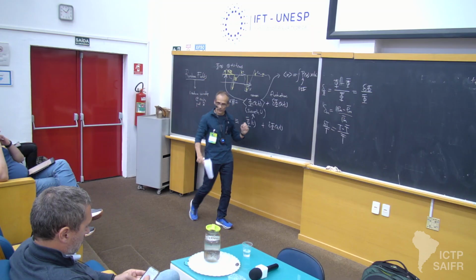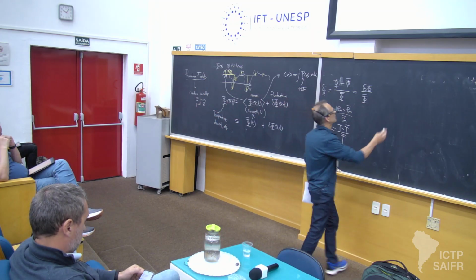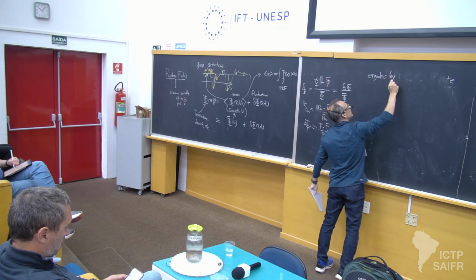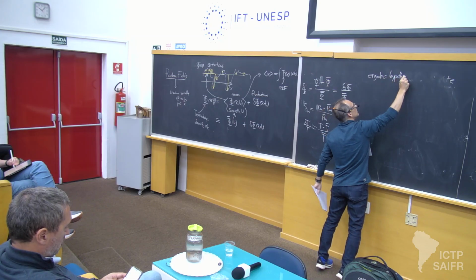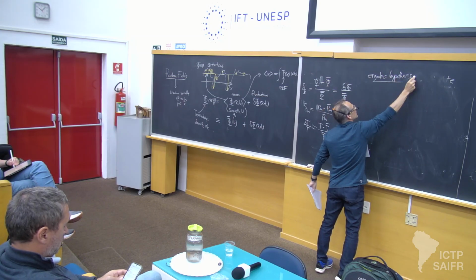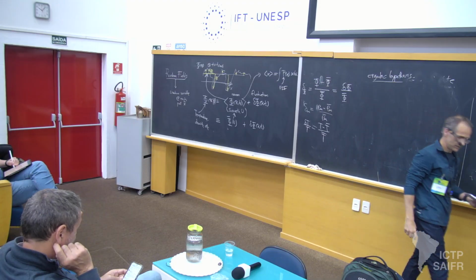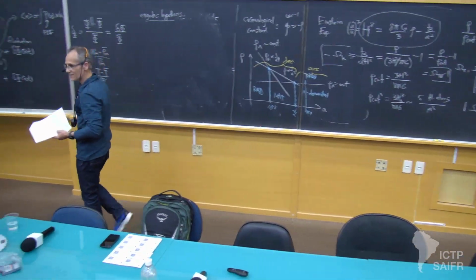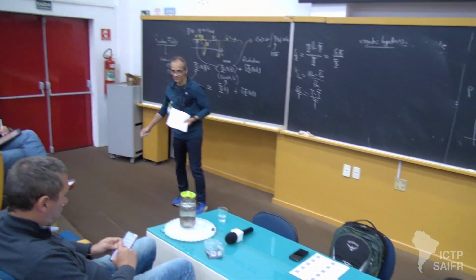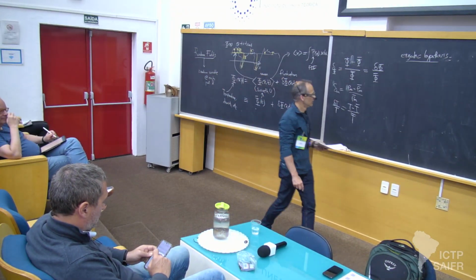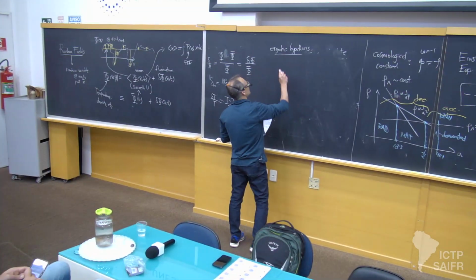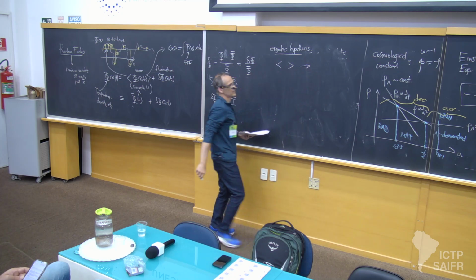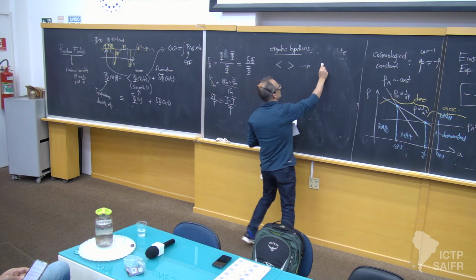So what we do is we replace this by something that we call the ergodic hypothesis. And it's very clear this is an assumption. Without this assumption, essentially we cannot do cosmology, at least at very large scales. And the idea is that these expectation values over the ensemble equal spatial averages.